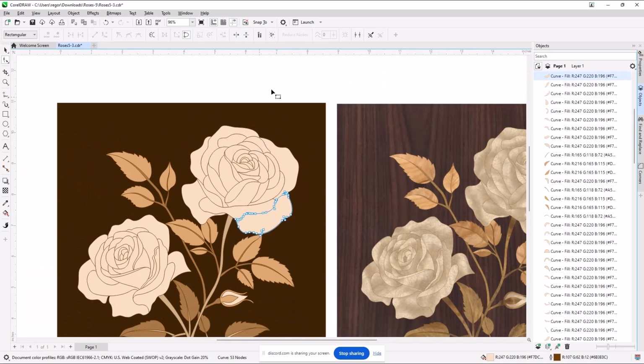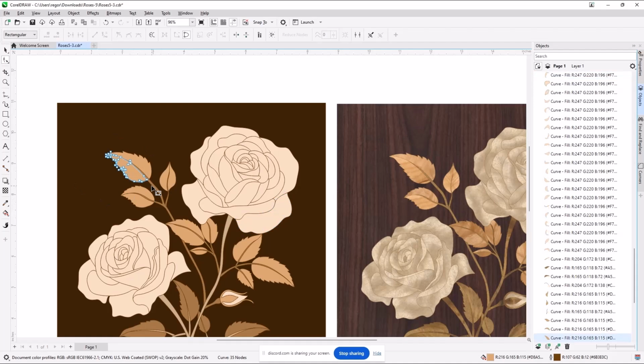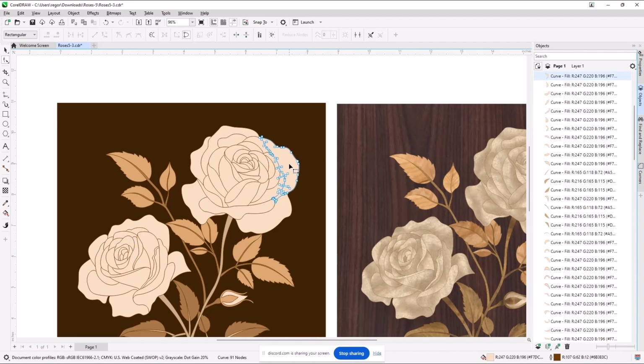So the point I'm trying to make here is that in the shape tool, you can very quickly see the structure for that object. You'll also notice that it's instantly being highlighted over here in the object. So I can click on the object here and have it highlight over in the picture. That's one choice. If I go back to the pick tool, it remains highlighted. So the rules basically follow if you're looking at the objects docker or at the actual image itself. So we're back in this mode, and we'll do the first exercise for creating this drawing. And we'll do it before I load the image paint.